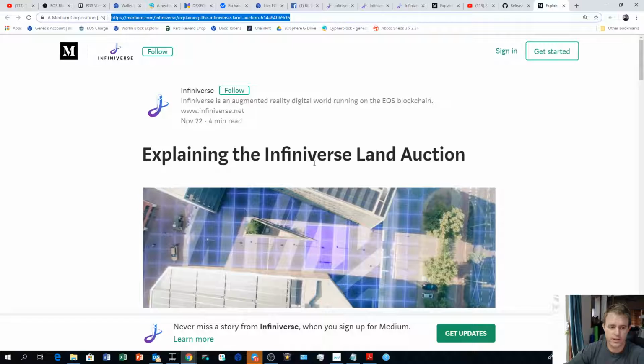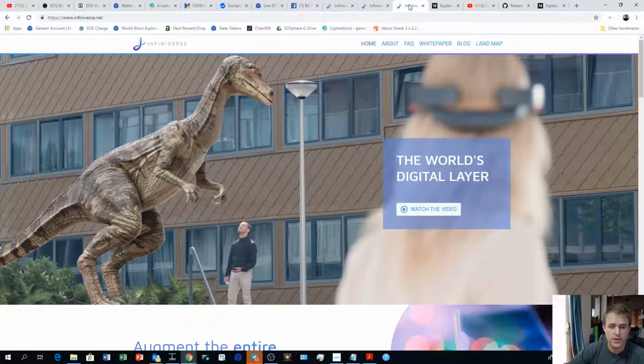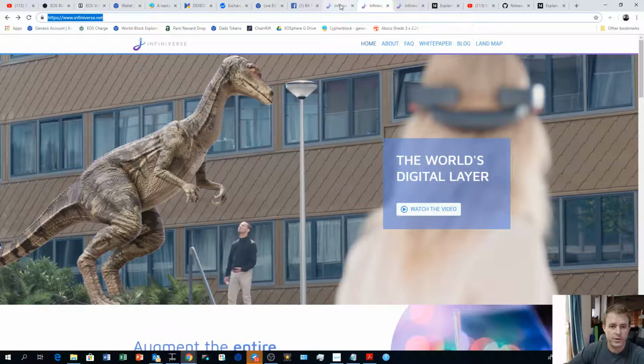I'll show you the article quickly, explaining the Infiniverse land auction. As you can see by the graphic here, you can see all of the land, and you can see that you can purchase those little blocks. But you'll notice here, for example, this is on top of a building or some sort of monument, on top of a building, on top of a building. You can't actually purchase that land. So it's important that we're bidding on land that's actually available. So if I can go back to my map,